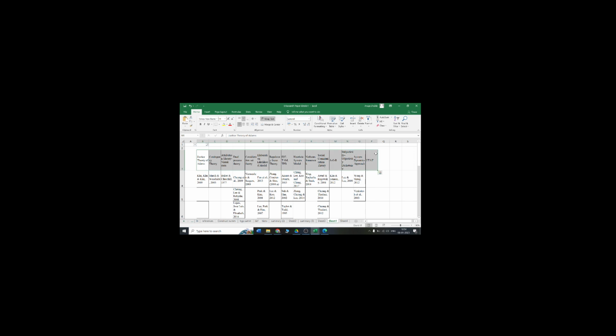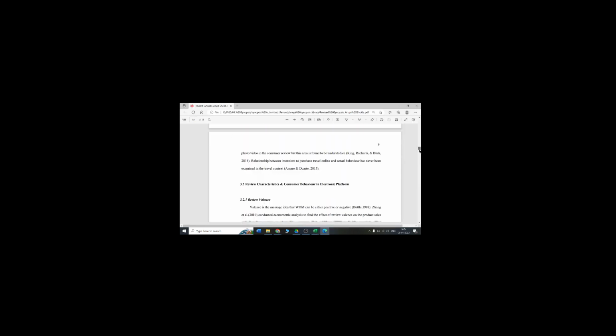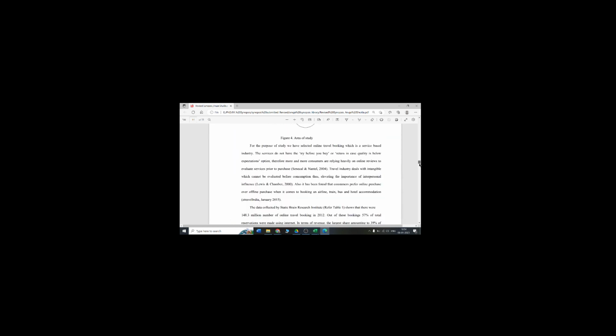I could also finally, from the same Excel sheet, see, okay, this theory was used by XYZ author, this theory was used by XYZ author. So my theory which I was using was SOR. SOR was used by Kim et al. And then I could read more papers because there was very little. So if I'll just show you,